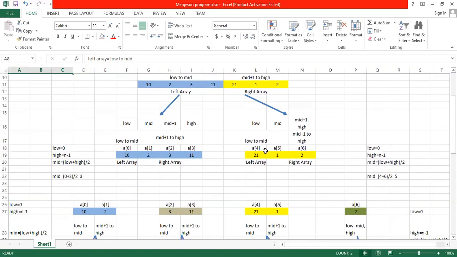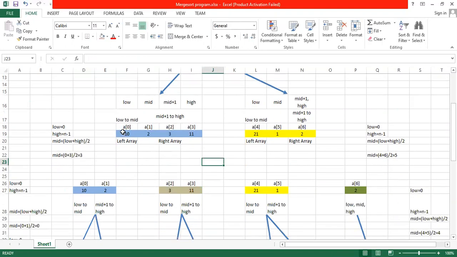Now I'm separating the array. The two arrays we obtained: the left array has the elements 10, 2, 3, 11 and the right array has the elements 21, 1 and 2, and the array subscripts remain the same.